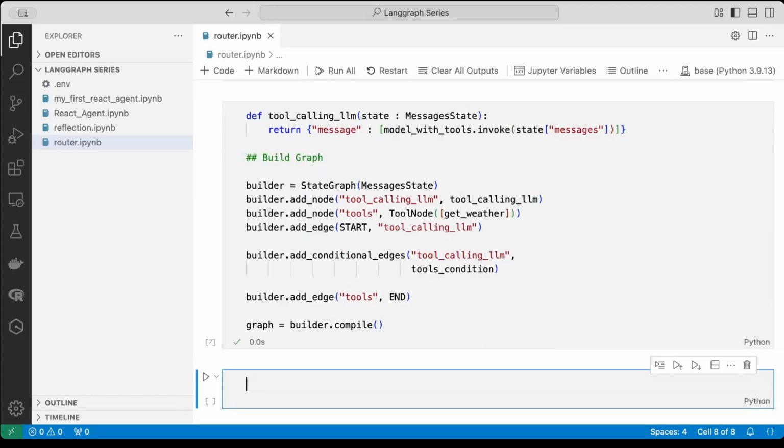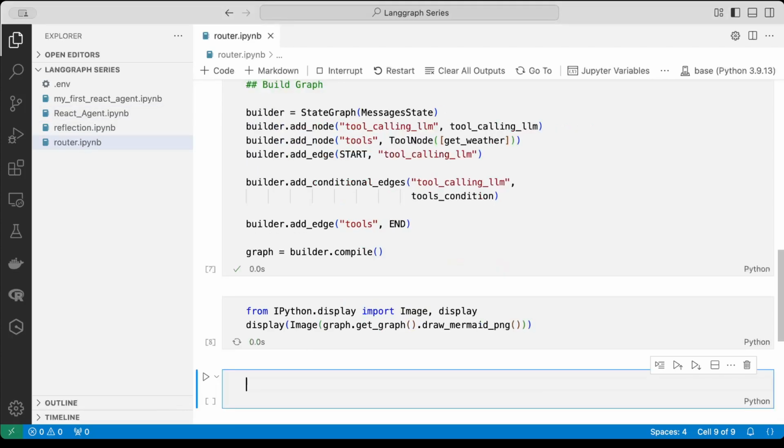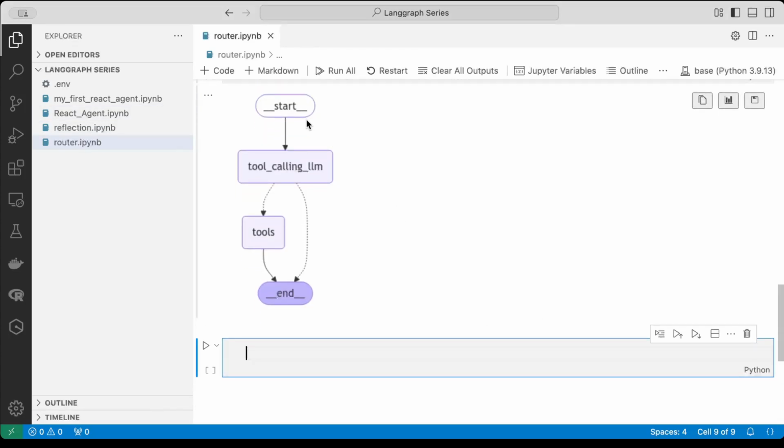Let's see how the graph looks. For that, I'm just going to use these two statements to show the graph. So this is how the graph looks. It is going to start from the start, and then there is a node which is going to tell us whether to call a tool or not. So if this node decides that a tool needs to be called,